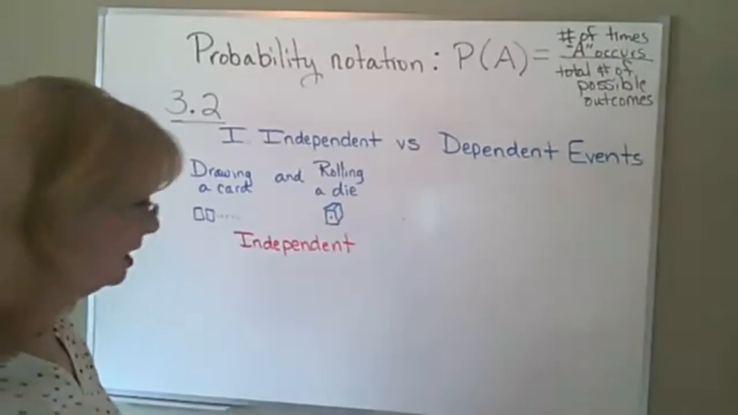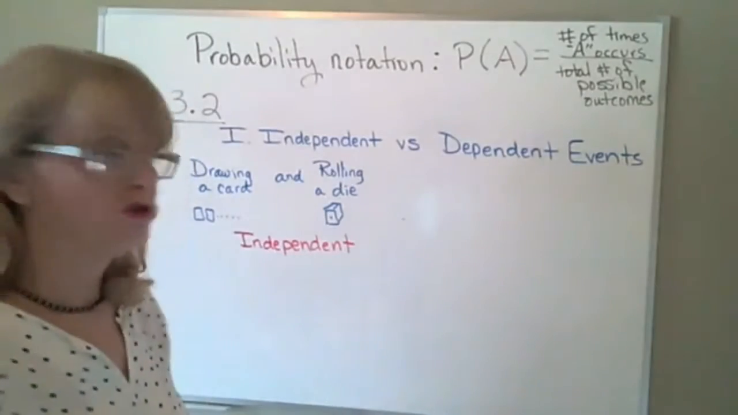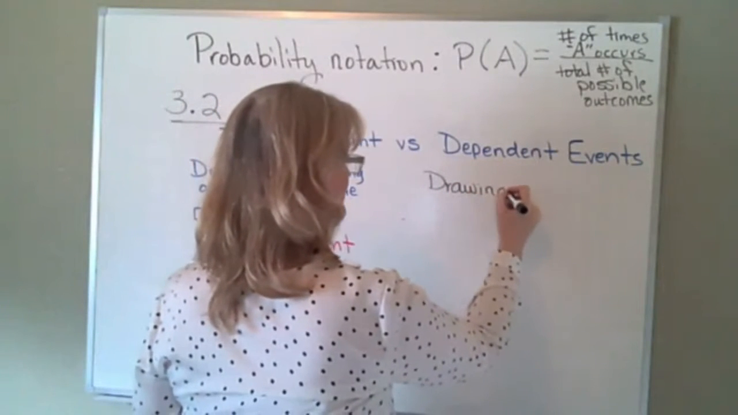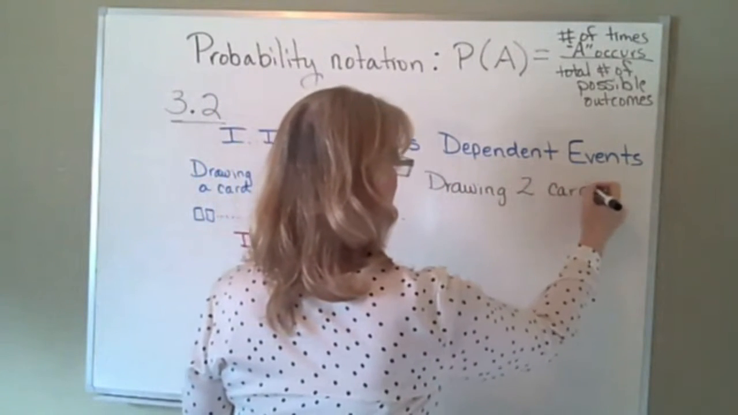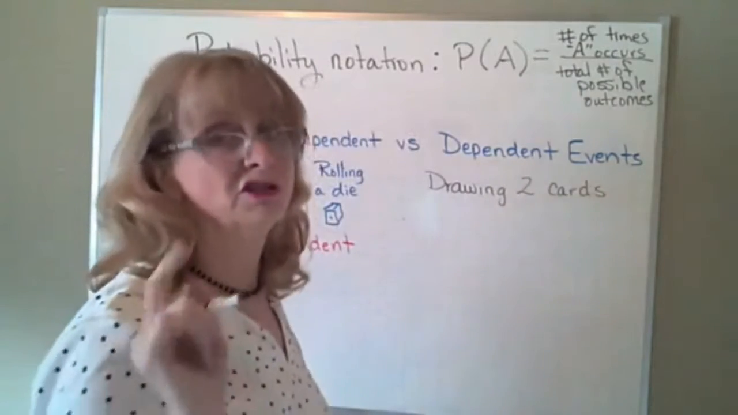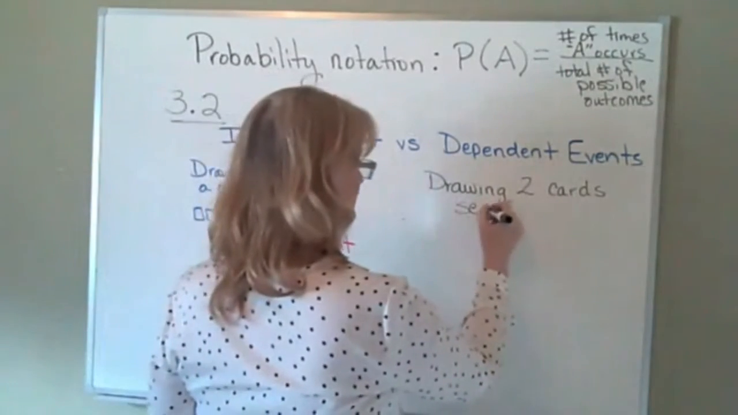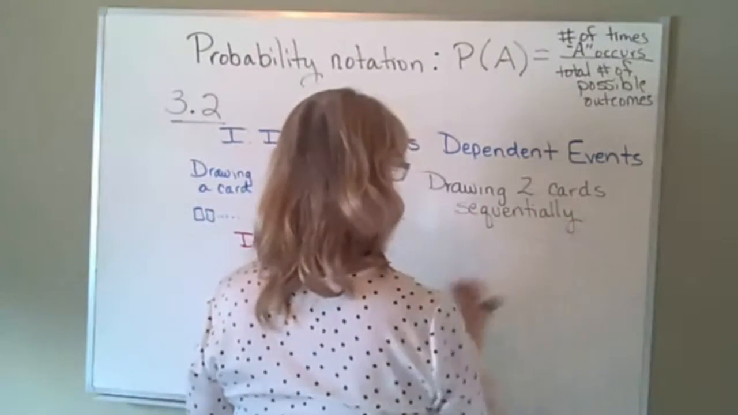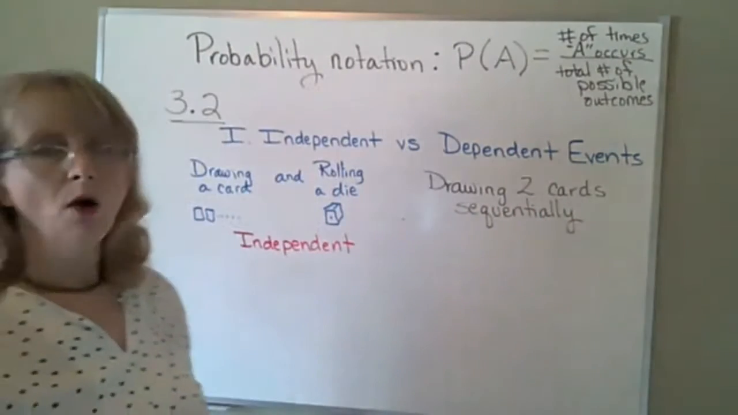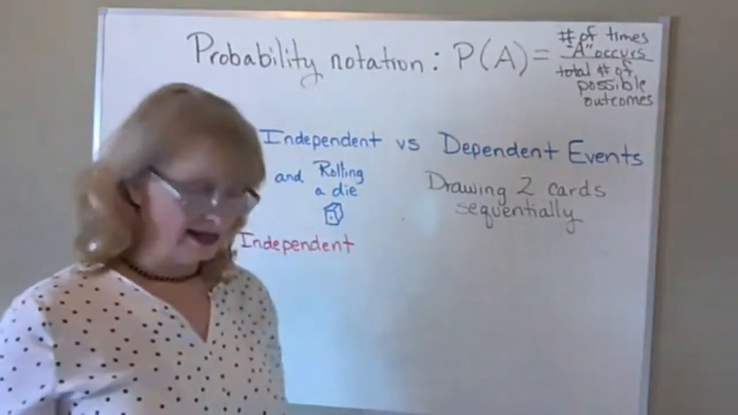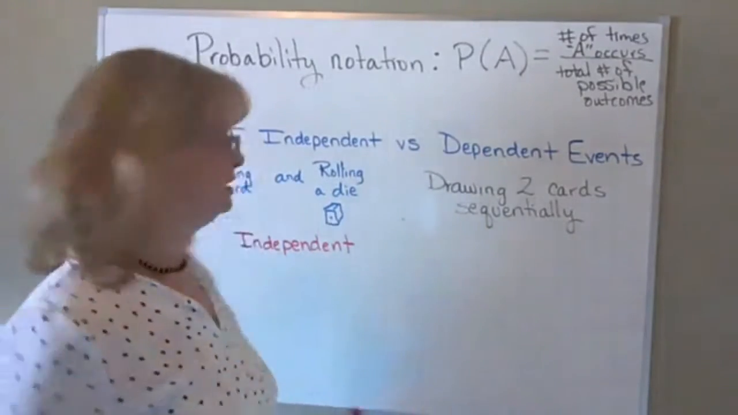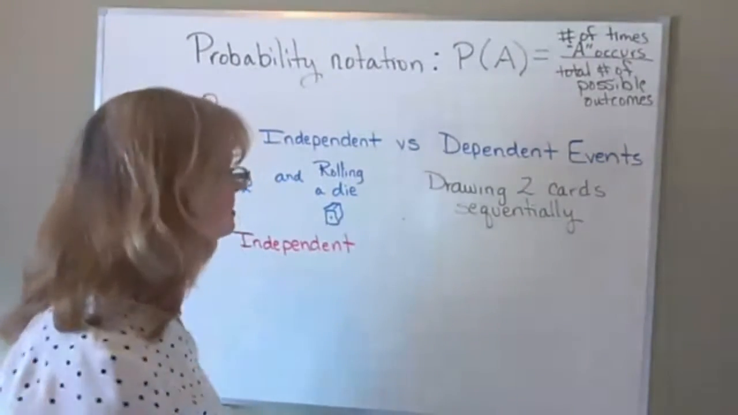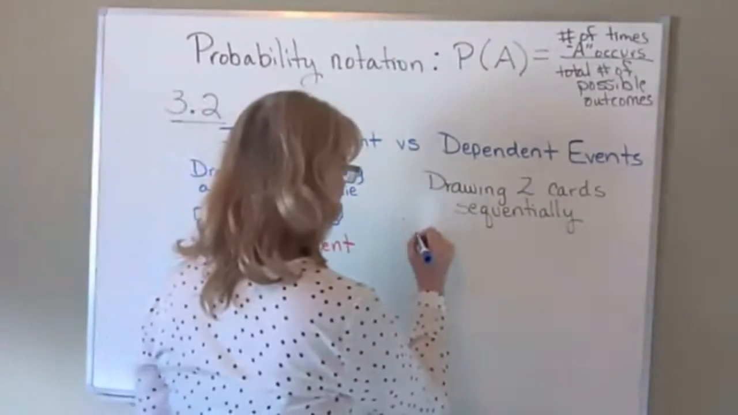Now let's make it a little bit more interesting. Suppose you're going to draw 2 cards from the deck of cards. Not at the same time, sequentially. And we're going to look at that 2 ways. So the first way, we draw 1 card and then we draw a second card. So these are like 2 separate events. And we're going to look at this 2 different ways. The first way we're going to look at it is